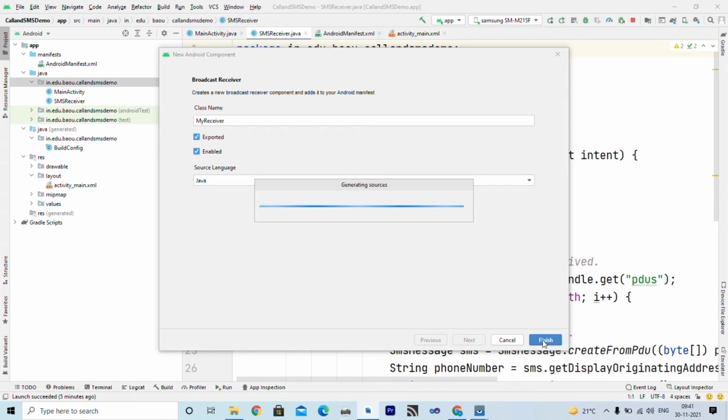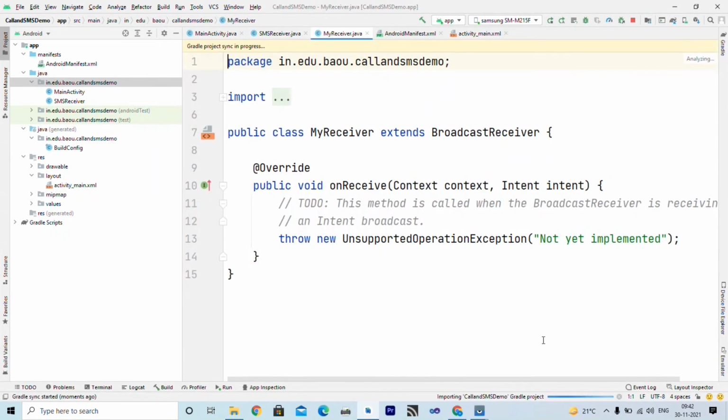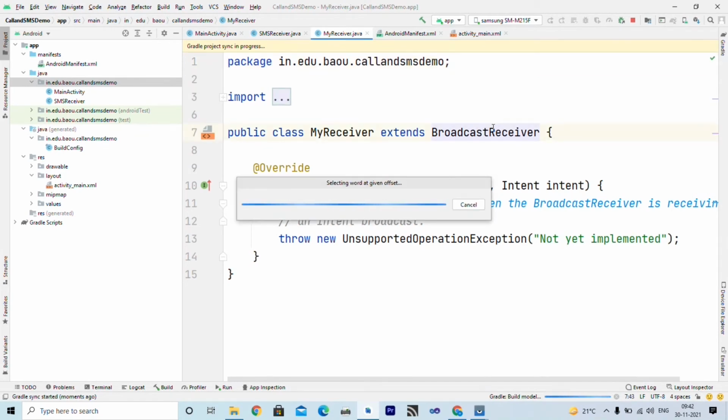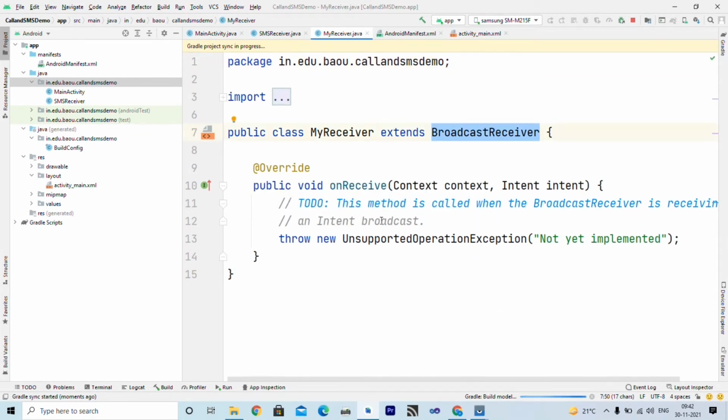So you can see one class, SMS receiver, will be added, which extends broadcast receiver. And inside onReceive we can write code.